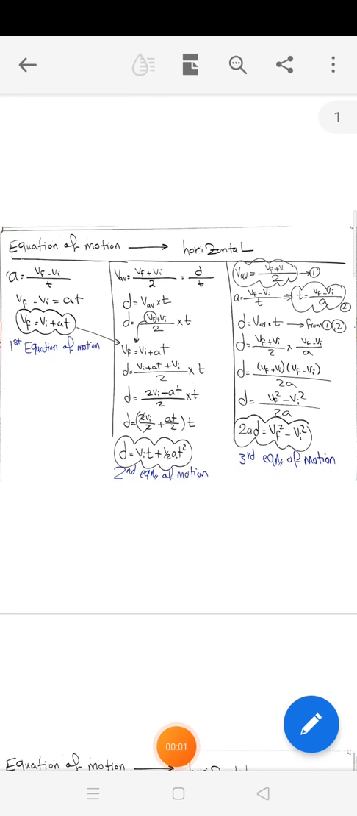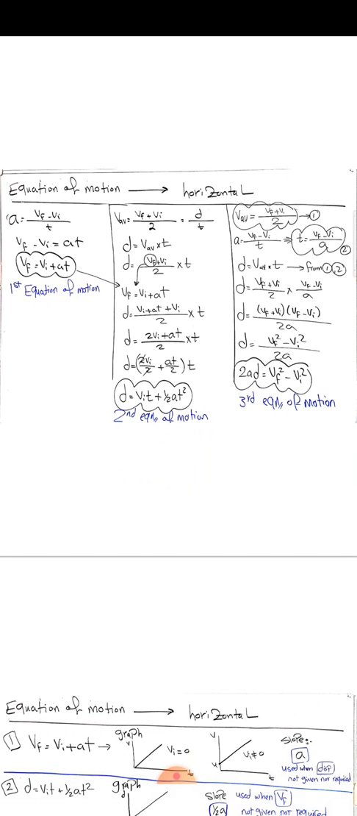Hi, secondary one. Our lesson today will talk about the equations of motion. Equations of motion have two phases, one in the horizontal phase and the other in the vertical phase. Starting with the horizontal one, firstly,